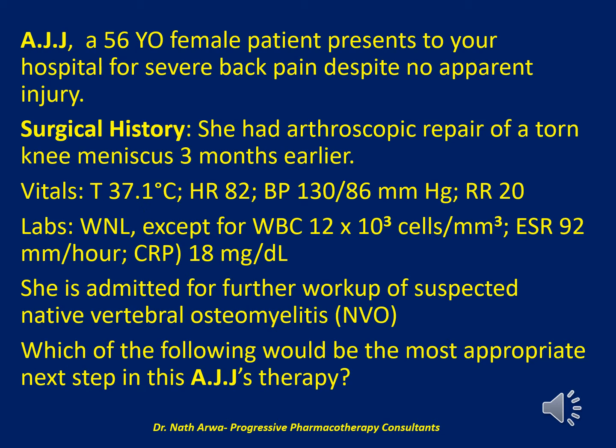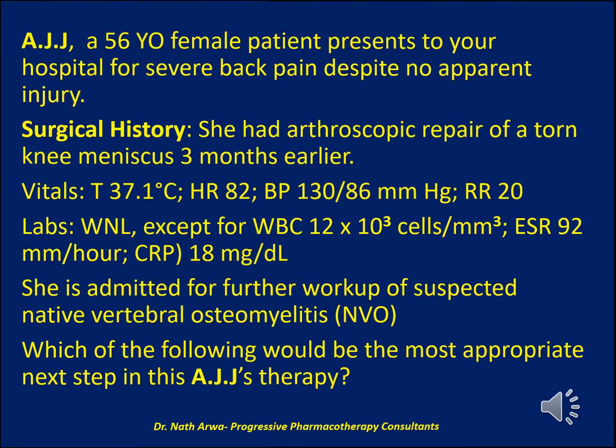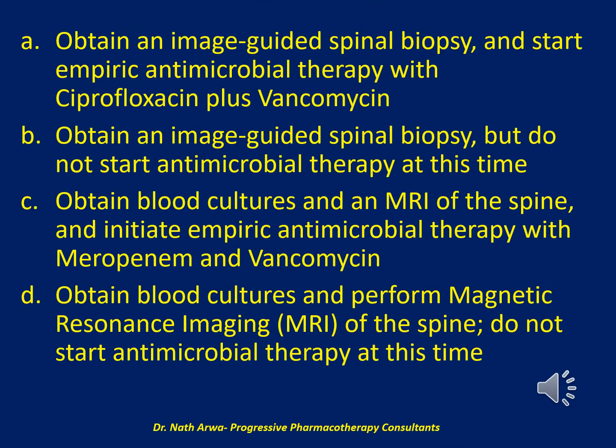She is admitted for further workup of suspected native vertebral osteomyelitis, abbreviated as NVO. So my question to you is, which of the following would be the most appropriate next step in this AJJ's therapy? Would it be A. Obtain an image-guided spinal biopsy, and start empiric antimicrobial therapy with ciprofloxacin plus vancomycin, or B. Obtain an image-guided spinal biopsy, but do not start antimicrobial therapy at this time, or